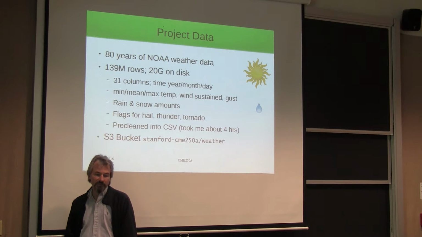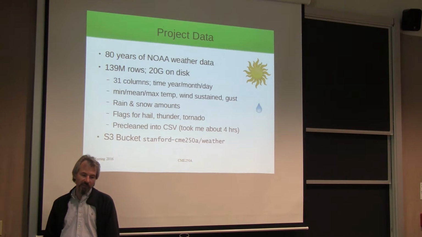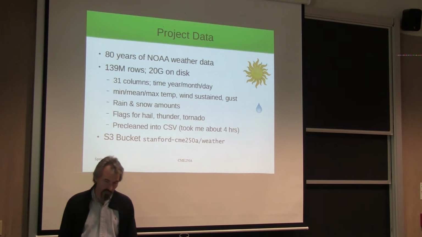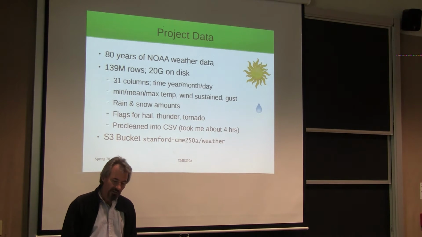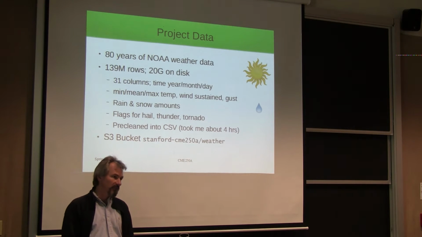It includes year, month, day, the station in some weird encrypted way, min, max, and mean temperatures over the course of the day, sustained wind, gusting winds, humidity, dew point, rain and snowfall,